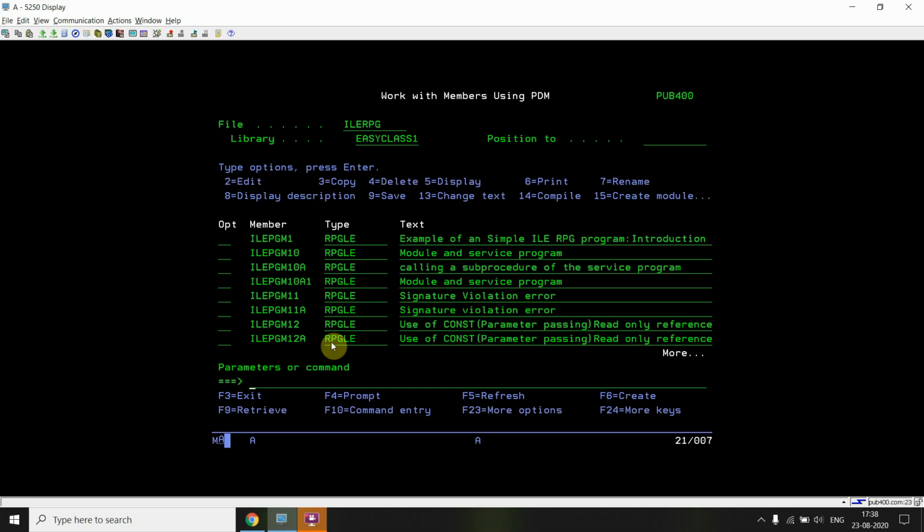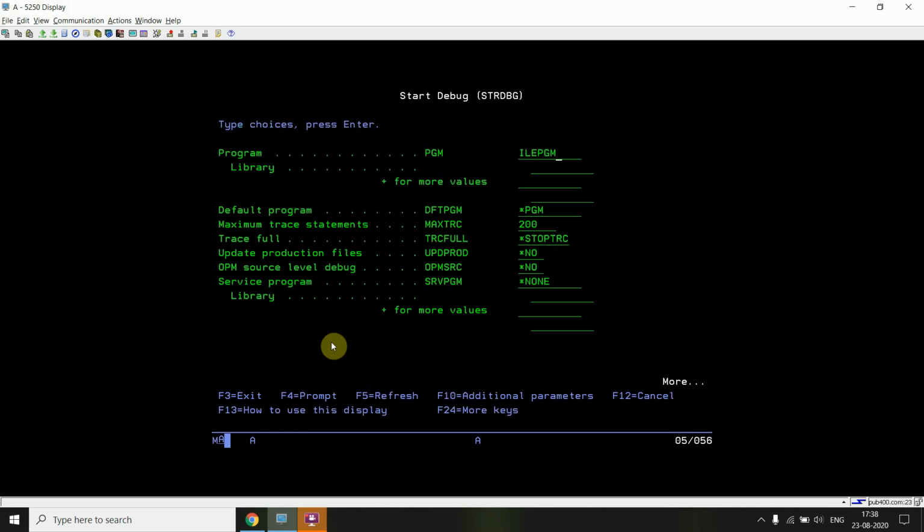So now doing the debug of this ILEPGM35. We'll debug this program. The system is slow, it will take time to get to the debug source.